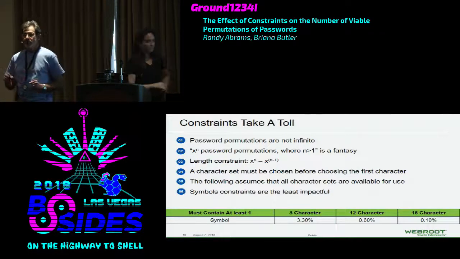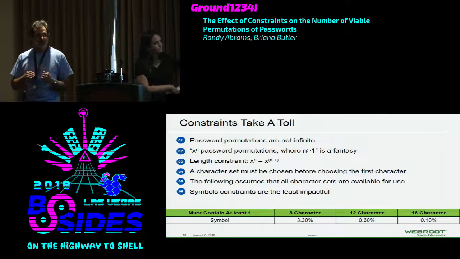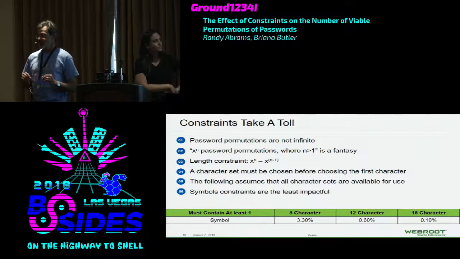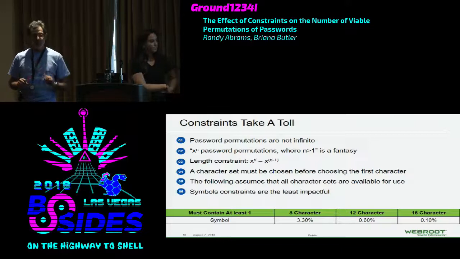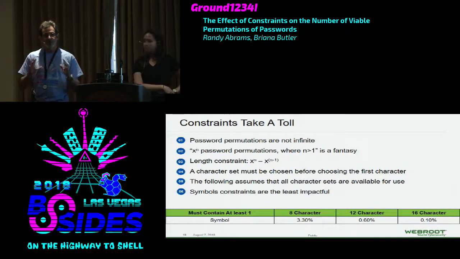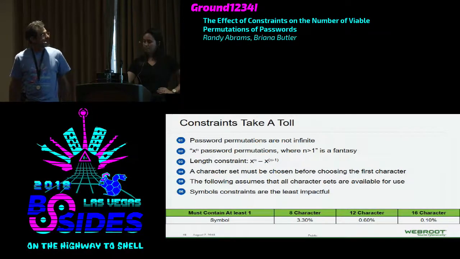So symbols are the least impactful of the constraints, but as soon as you say your password has to have a symbol, with no other constraints for an 8-character password, you've eliminated 3.3% of the maximum number of character permutations. So 3% less are actually viable passwords. And as a result,